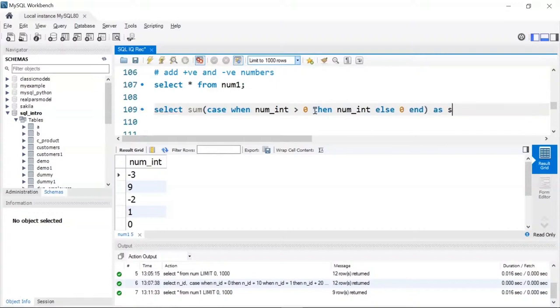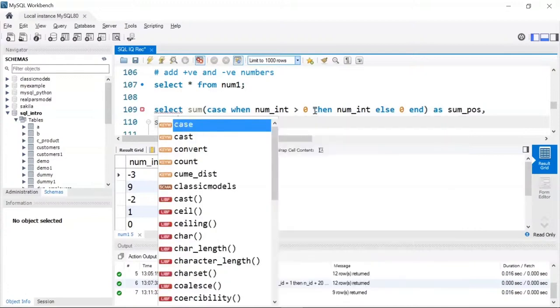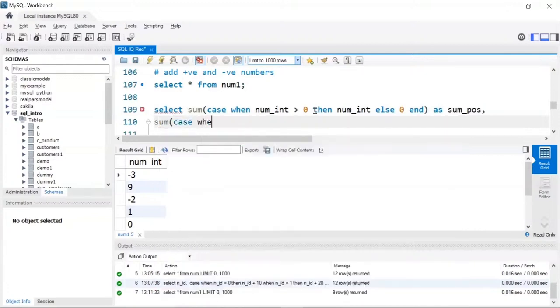I'll give an alias as sum of, let's say, positive numbers. I'll give a comma, then I'll use another sum function, and inside the sum function we'll use the case statement to find the sum of negative numbers or integers. So I'll write case when num underscore int is less than 0, then num underscore int, else 0, and I'll end